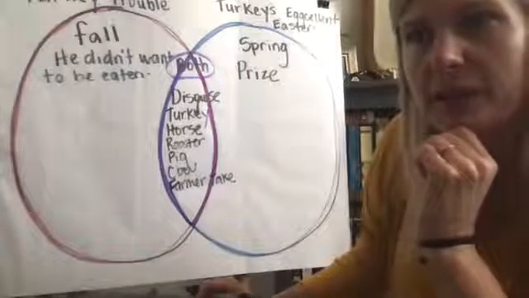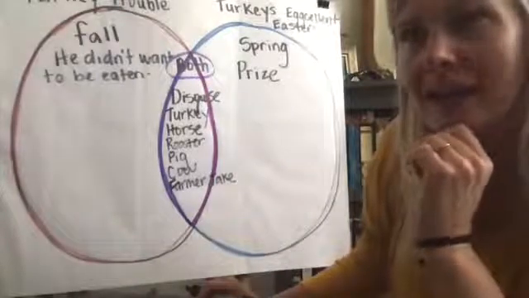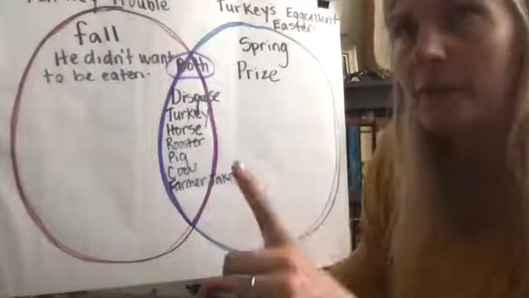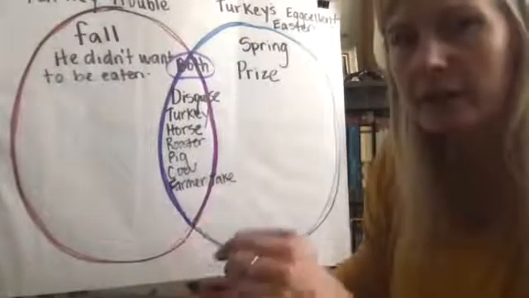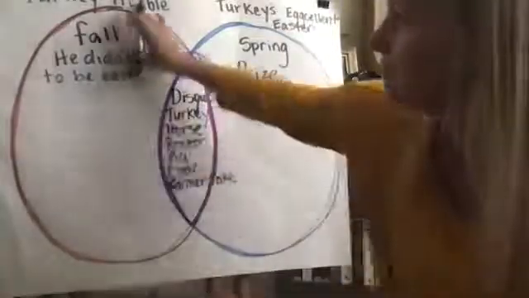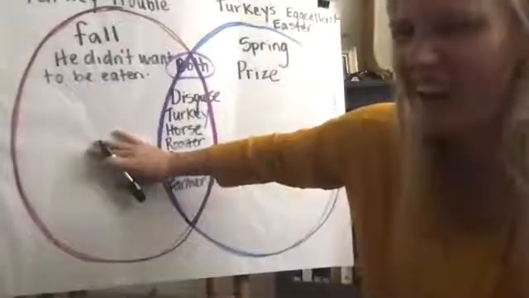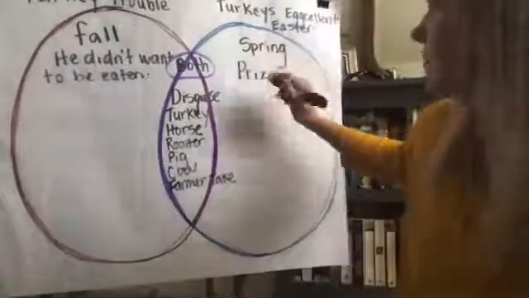There was one more character. Her name was Edna, and I remember another character named Max. Do you guys remember hearing the names Edna and Max in the story Turkey Trouble? I don't either. So I'm going to write Edna